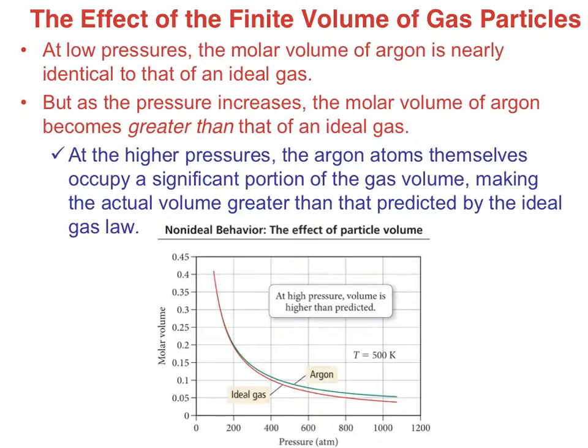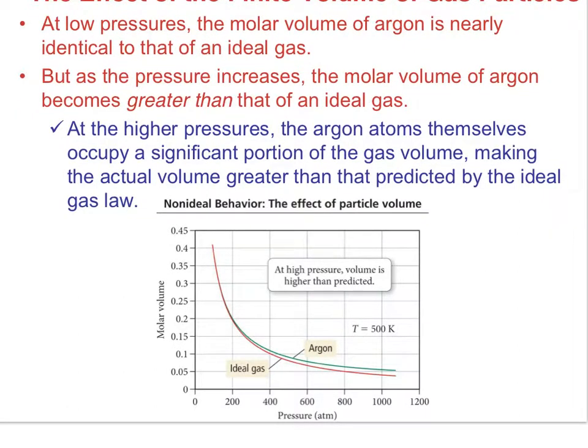So what happens when you have a gas that is behaving in a non-ideal manner? Well, let's take argon for example. Argon is a wonderful ideal gas the majority of the time. It doesn't have intermolecular attractions. It doesn't tend to want to interact with any other gas. But if you start increasing the pressure even on argon gas, look at the graph at the bottom, as you increase pressure,